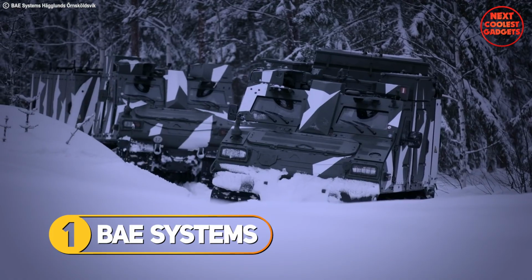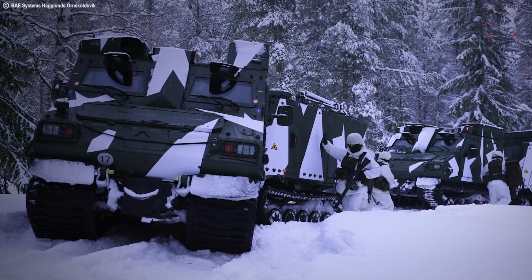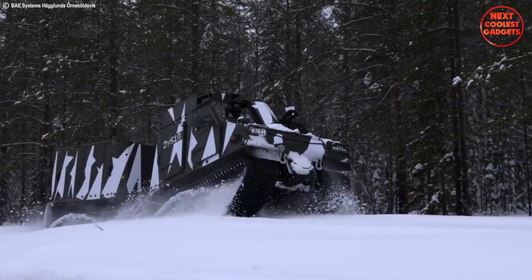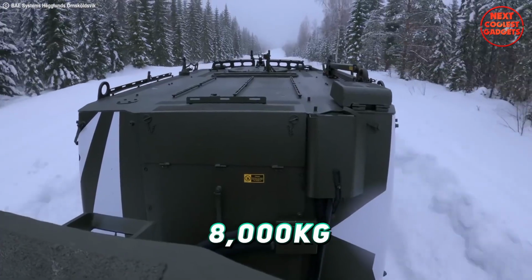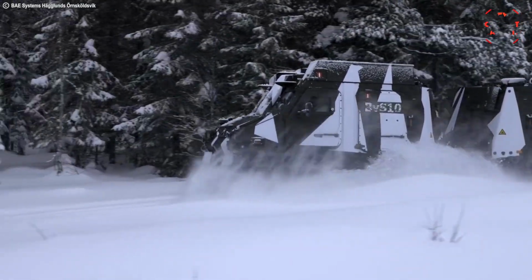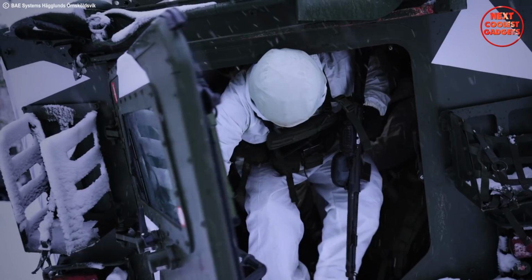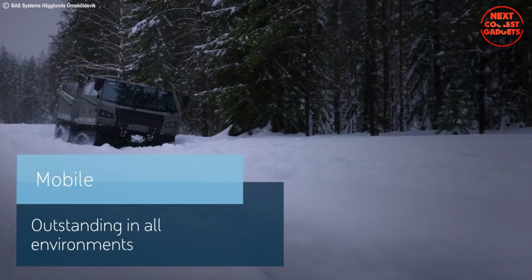The Systems BVS10 isn't just an all-terrain vehicle. It's a force multiplier designed to tackle the most demanding operational environments. This armored behemoth boasts a payload capacity of up to 8,000 kilograms and can transport 14 personnel comfortably. Whether you need to transport troops, equipment, or even conduct search and rescue operations, the BVS10 has the muscle to